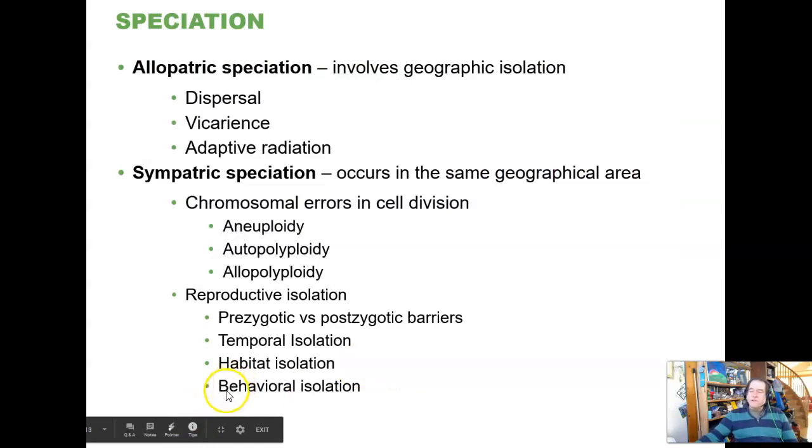And then finally, behavioral isolation. All right. Lots and lots of species, this is primarily animals, of course. Plants don't behave in the same sense that animals do. But a lot of animals have very, very finicky behaviors that are required for reproduction. The songs that birds sing to attract mates. The chirping that frogs and a lot of other amphibians do to call mates over. And also a lot of reptiles, like geckos. You'll hear geckos on warm, wet nights in the summer, calling to each other.